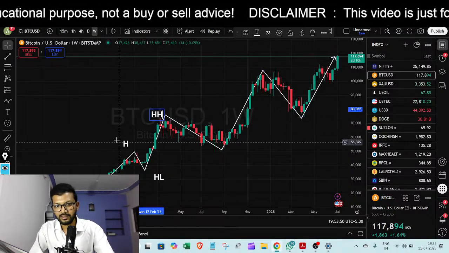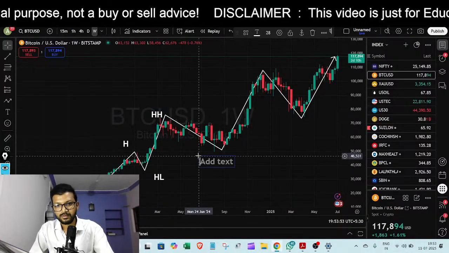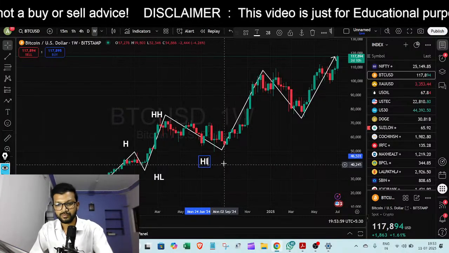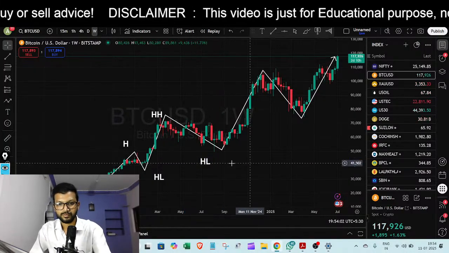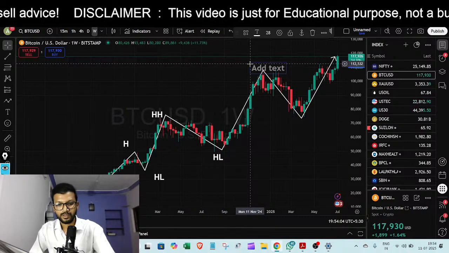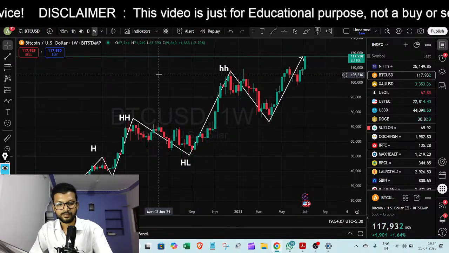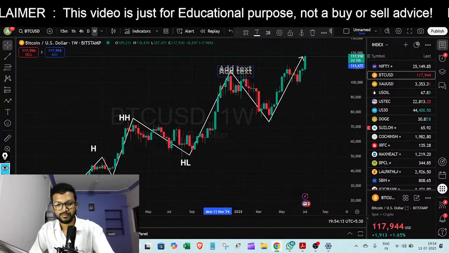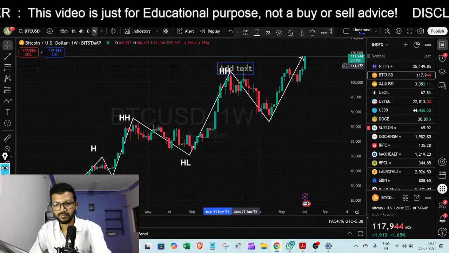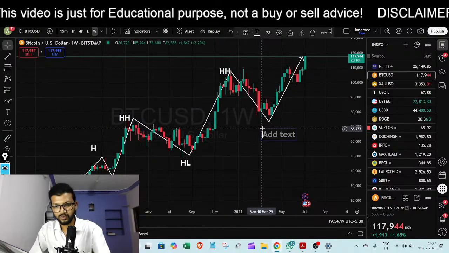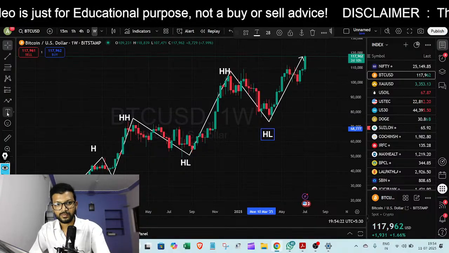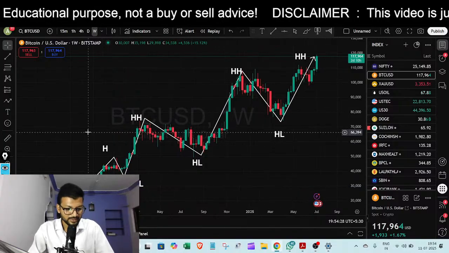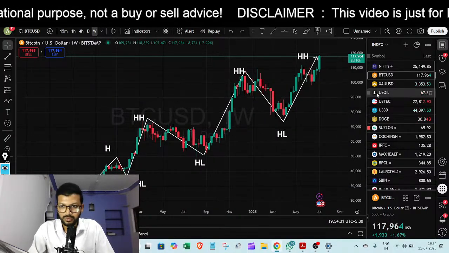This high is higher than the previous high. Similarly, again a higher low. Higher high. And again a higher low. Higher high. So in the 1 week chart, if you analyze these simple highs and lows, you will get an idea the market